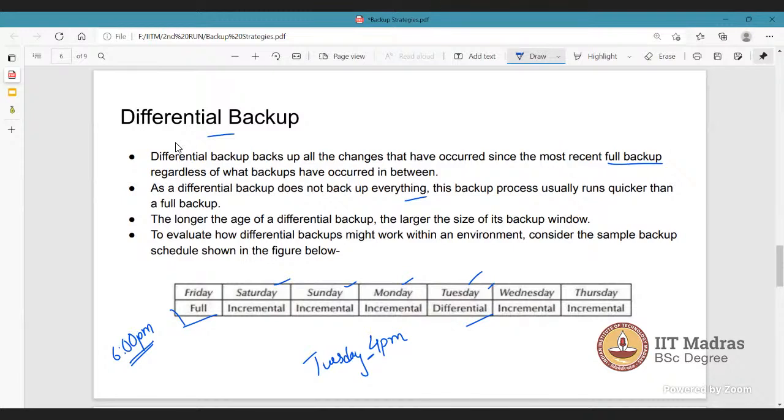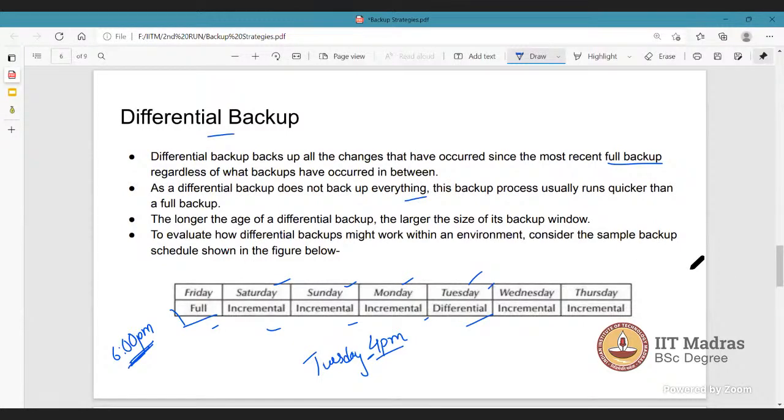Like, say on each day we perform a backup at 6 p.m. in the evening, however a failure has occurred on Tuesday at 4 p.m. Can you tell me the number of backup sets that will be required? Four. How come? Friday, Saturday, Sunday, Monday: the one full and three incremental. Why not Tuesday? Because the backup is done at 6 p.m., and if the database crashed at 4 p.m., we don't have the backup of that day. Exactly, that's exactly right.